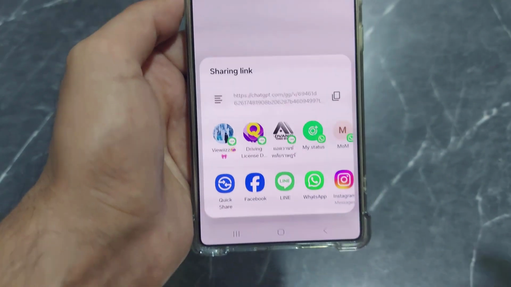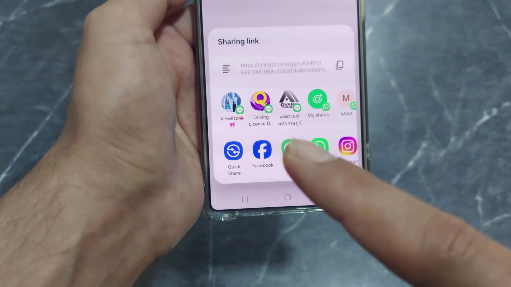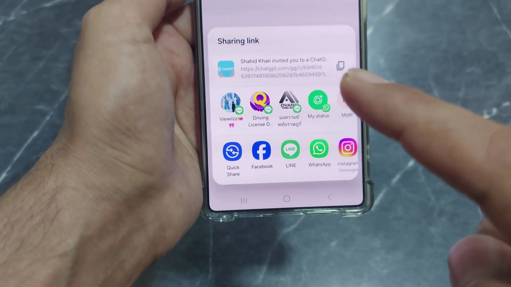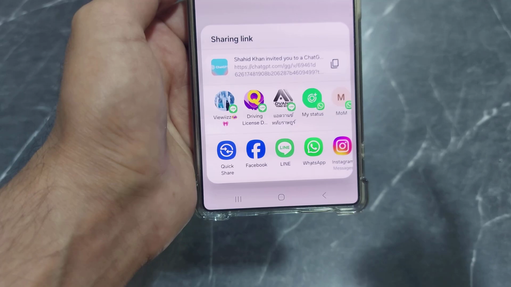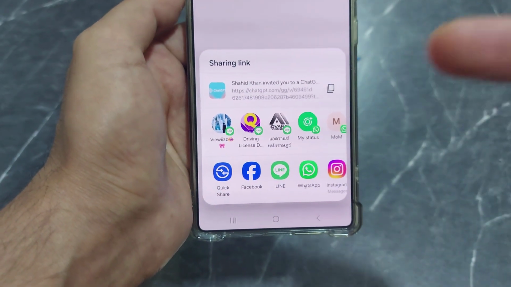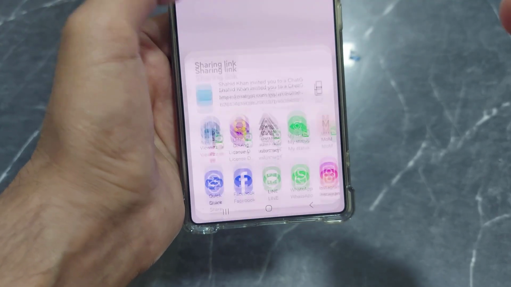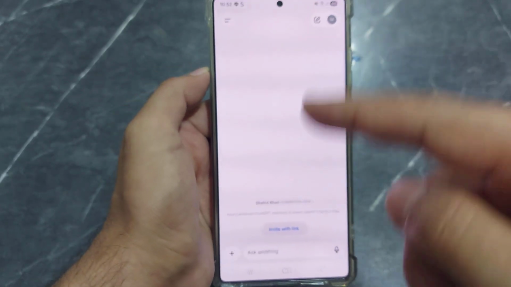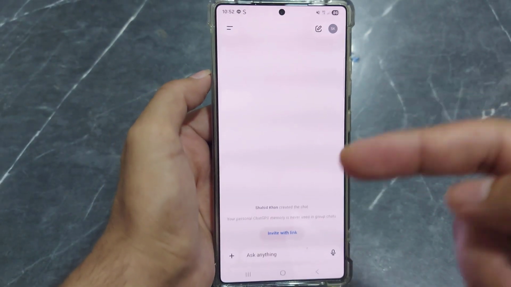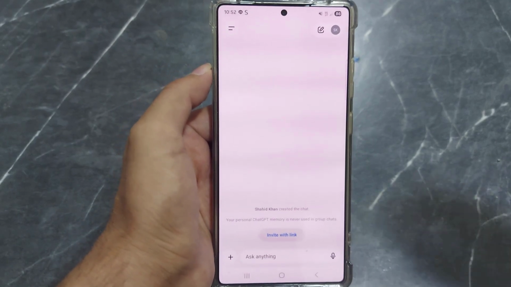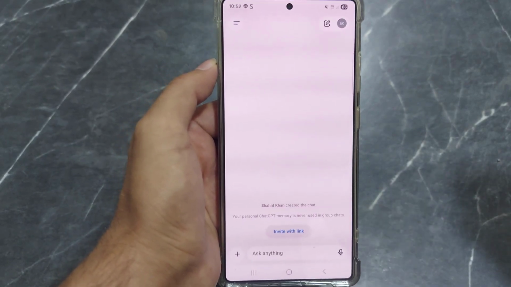So once you tap on that one, you can send the invitation link through the chats as well. You can just copy that one and send it by email as well. So once you send it and your friend gets the link, they will join this group and you will have your chat right here in the group, and then you can work together, create ideas together. So guys, this is all it takes to create a group in